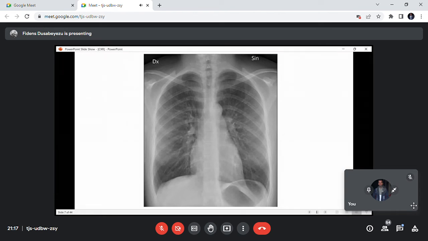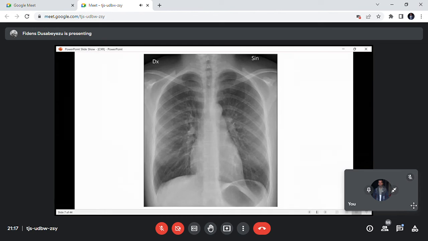Because if there is an opacity at the apex, and another one at the base of the lung, those two things can be different. It can change the final diagnosis and the differential. So the radiologists said let us subdivide the lungs into 3 zones, not lobes, zones, because we are not able to divide the lungs into lobes from the X-ray. On CT scan, it is easier. You can see the fissures, but here on this radiograph